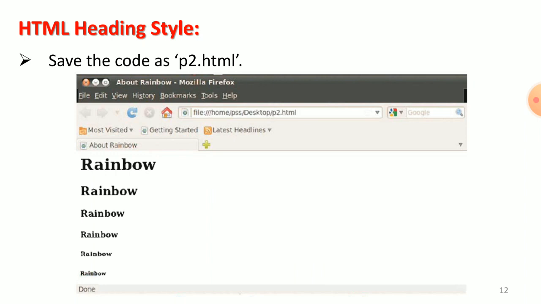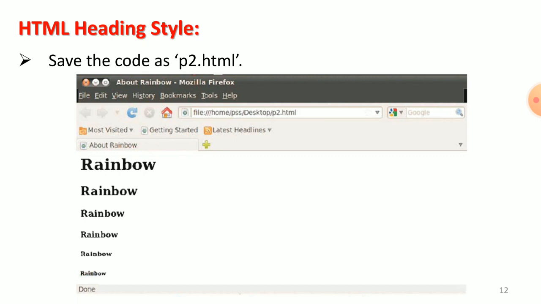Select the file that you want to open and click on the Open button, and the web browser will display the content of the HTML document as follows. That is p2.html, the output of the heading style.